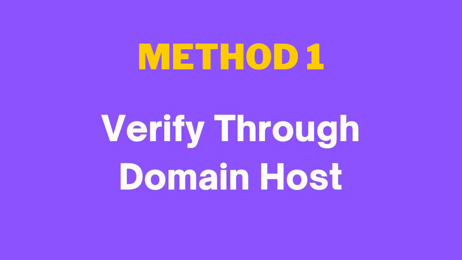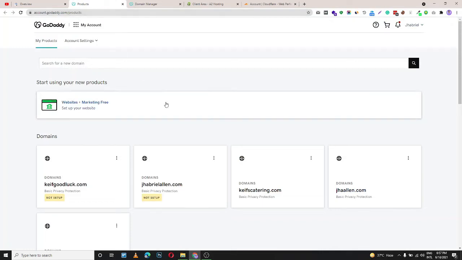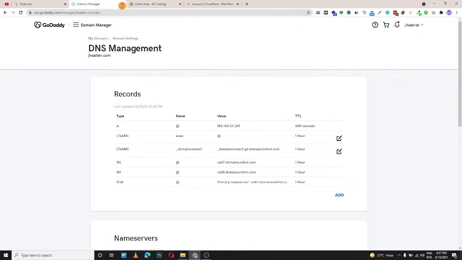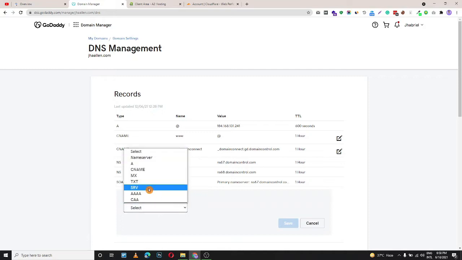The first method we will be using is verify through domain host. So go to your domain host, in my case it's GoDaddy, and go to the domain you want to verify and click on manage DNS. I already opened it in a new tab for you guys, to save your time. And here, after clicking on manage DNS, you will have this window. Now click on add and select TXT,